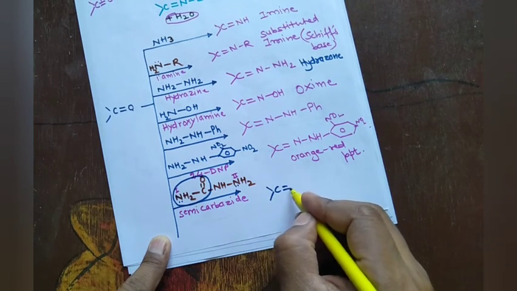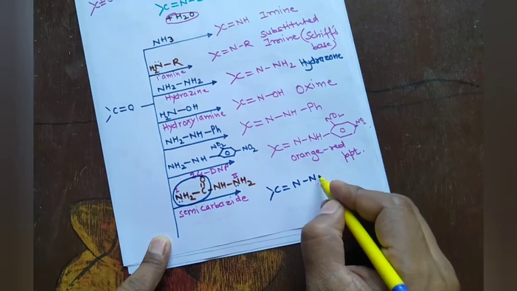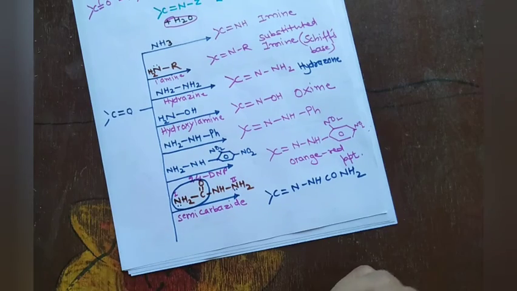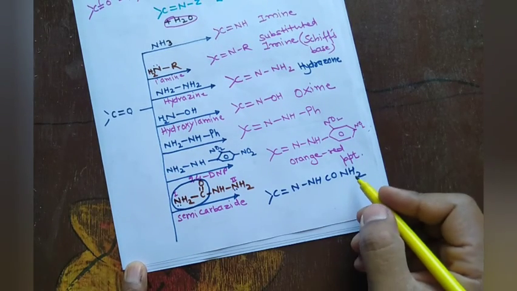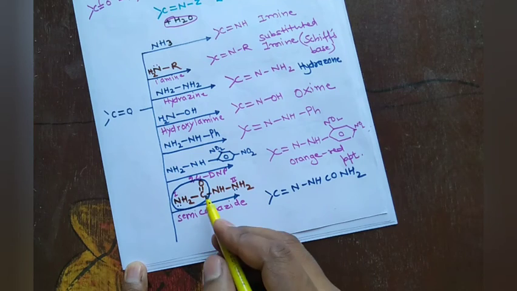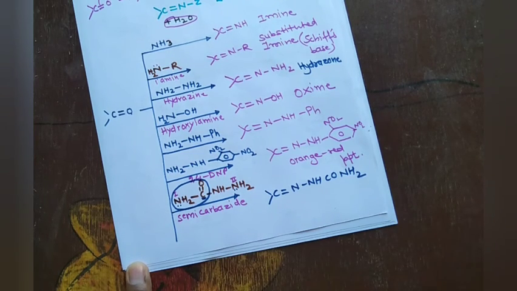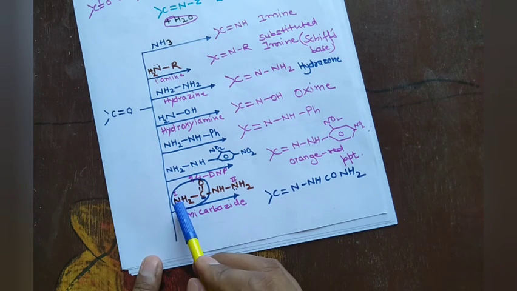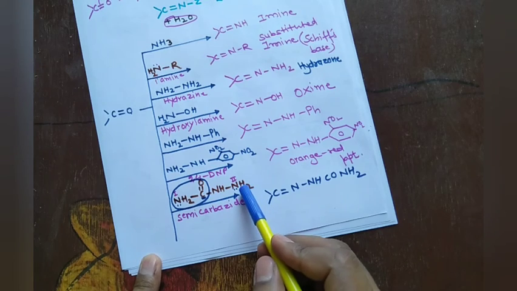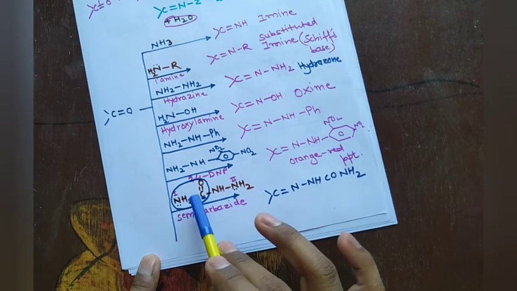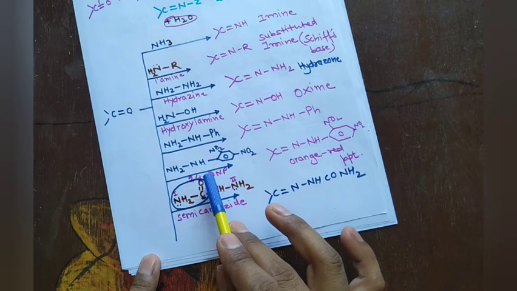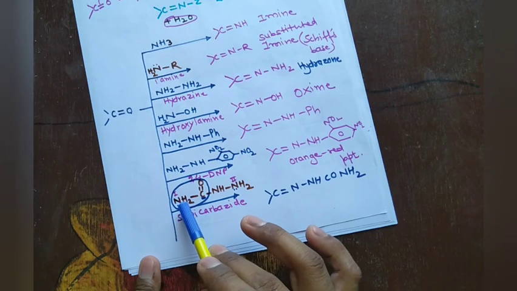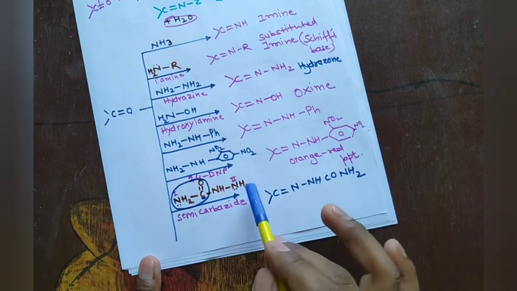So what is formed? NHCONH2. We can use a trick that the NH2 group far away from the carbonyl group will participate. Is that clear? Why is the first nitrogen not participating, and the second nitrogen is participating? Because the lone pair of the first nitrogen is involved in conjugation with the CO group, that is, it is in resonance. So the first nitrogen will not act as nucleophile, only the second nitrogen can.